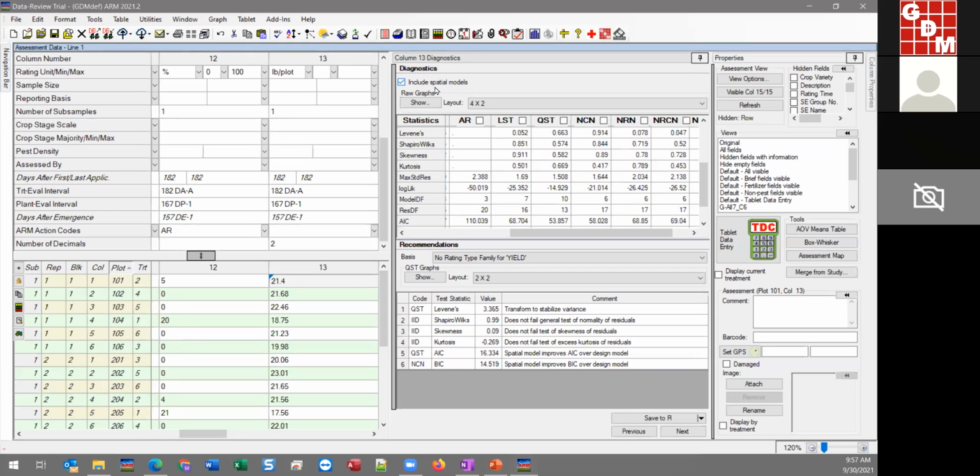And if that turns out to not be significant, you really find out that the blocking didn't capture the variation like you wanted. In theory, your block would be fairly homogeneous, and then each replicate, each block across the trial, has its own separate similarity to it. If you find that didn't happen, there was some unknown gradient that really messed up the data, then the spatial models are tools to recover as much information as you can. So it's almost a last ditch approach, not something you would blindly turn on for every single trial you're looking at, but a great tool for when you have a trial in that dire situation